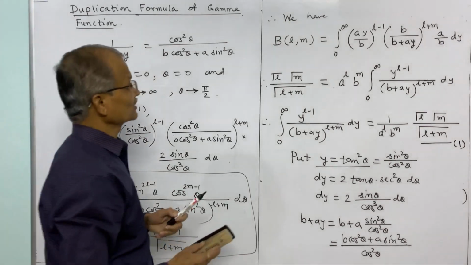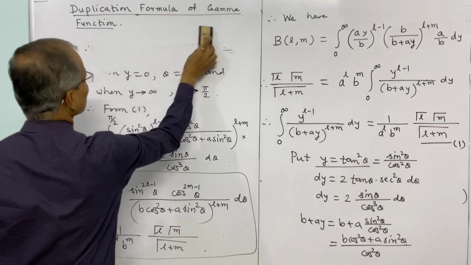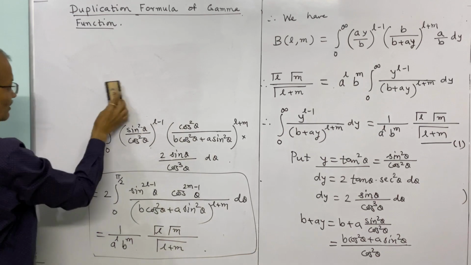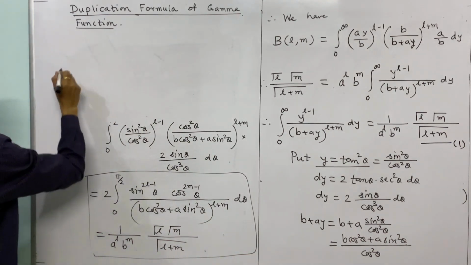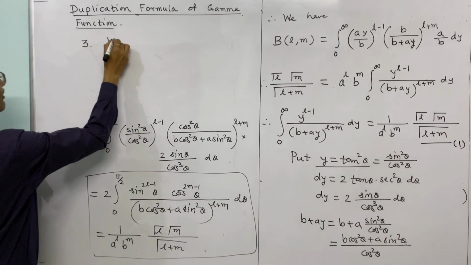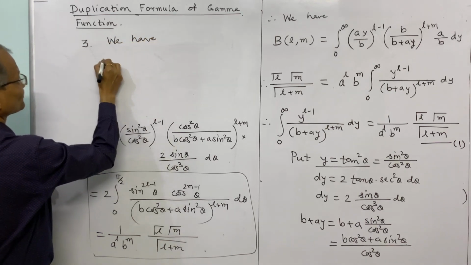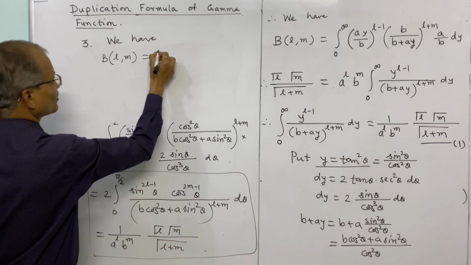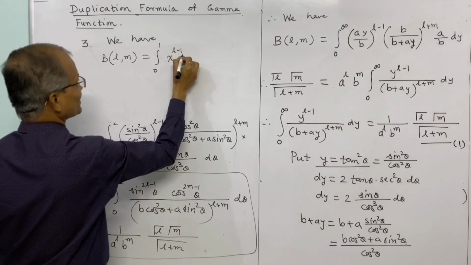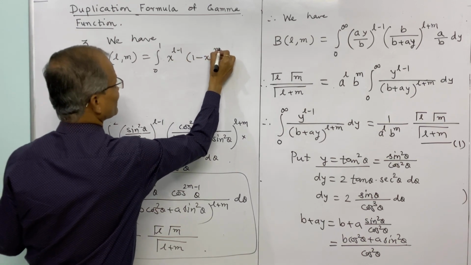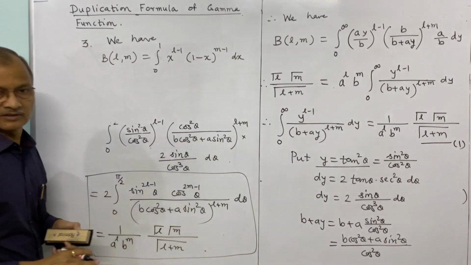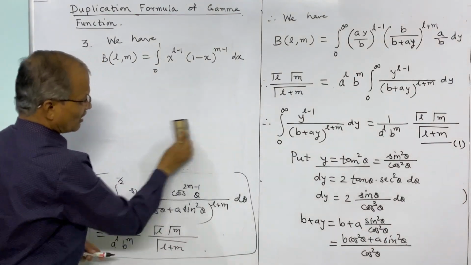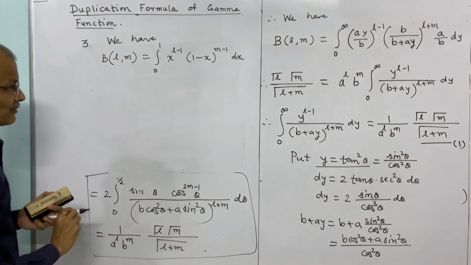Now we shall consider the next one. Next transformation, as the fourth one, or this is the second, and now we shall consider the third transformation. We have the beta function original form. Beta of L and M is equal to integral 0 to 1 x to the power L minus 1 into 1 minus x to the power M minus 1 into dx is the beta function. Here the substitution we shall use is x is equal to sine square theta. So we put